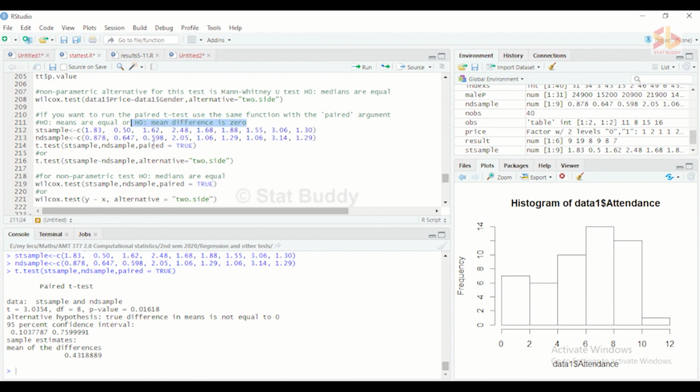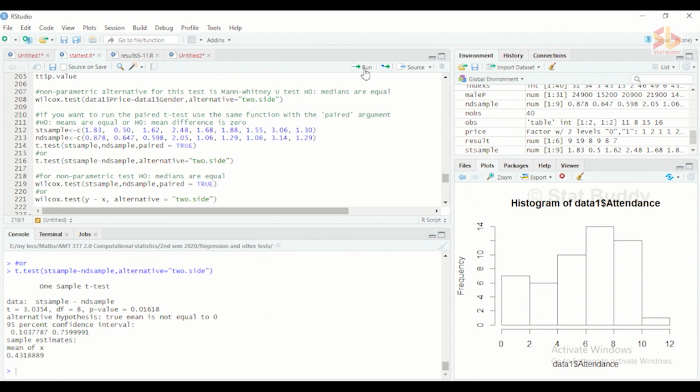So taking the difference of these two samples and checking whether this difference is equal to 0, it is also the paired t-test. So you can perform the paired t-test in two ways using the same function. Here also you can see the same result.